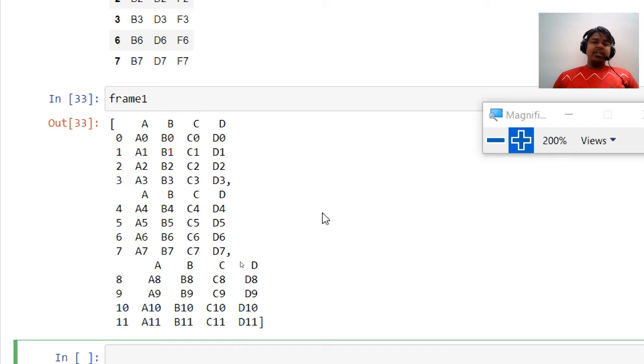Because sometimes, let's say we have concatenated different data frames into a single bigger data frame, but we would like to fetch the details of one particular data frame. How would we do it?